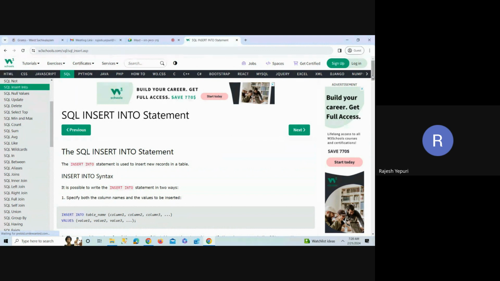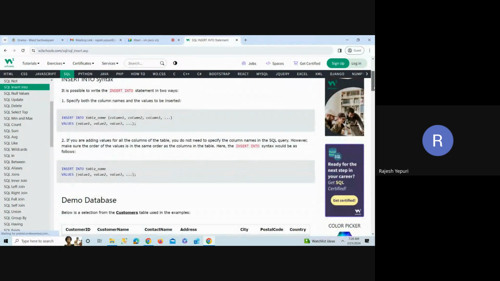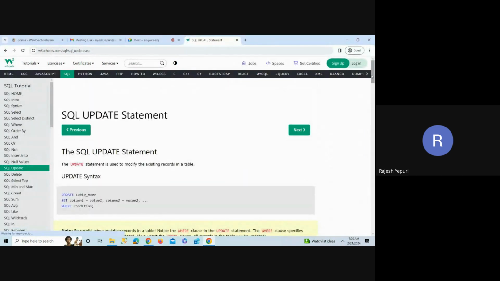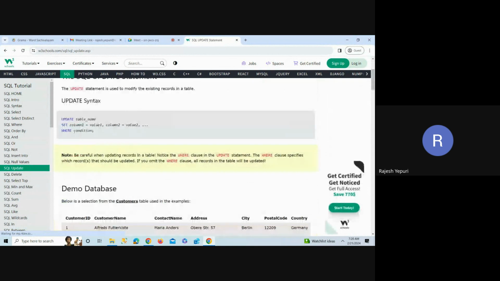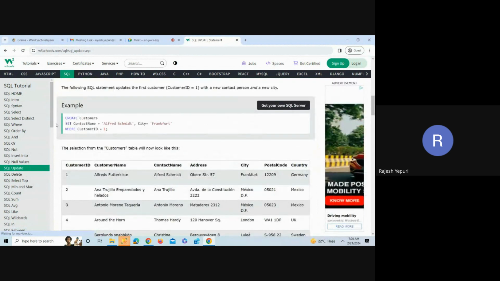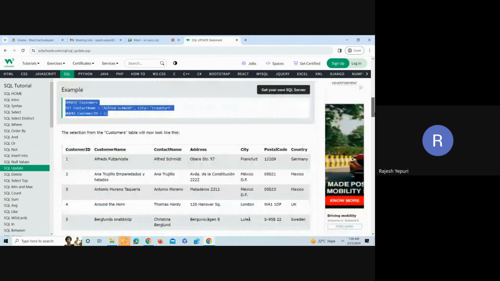So how we are going to write it in multiple SQL servers, and update. So update is also something to change, to set the values. You need to update the values based on a condition. For example, see here, I have UPDATE customers SET the contact name. So before doing this transaction, the data would be